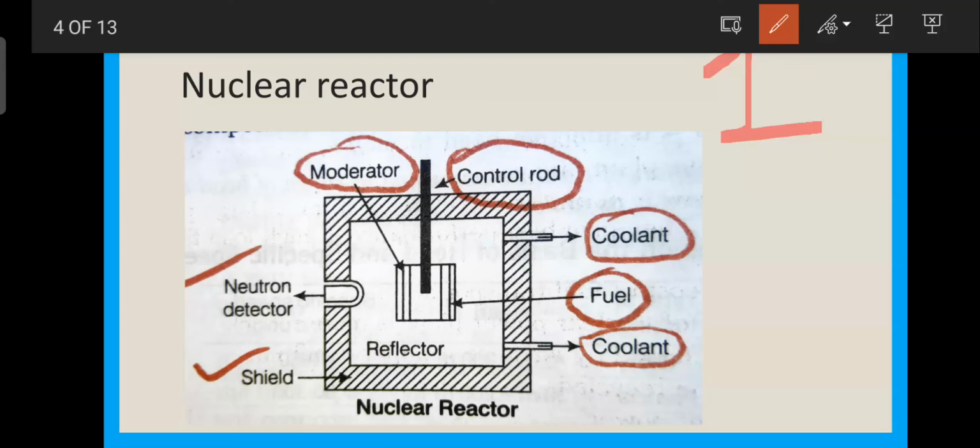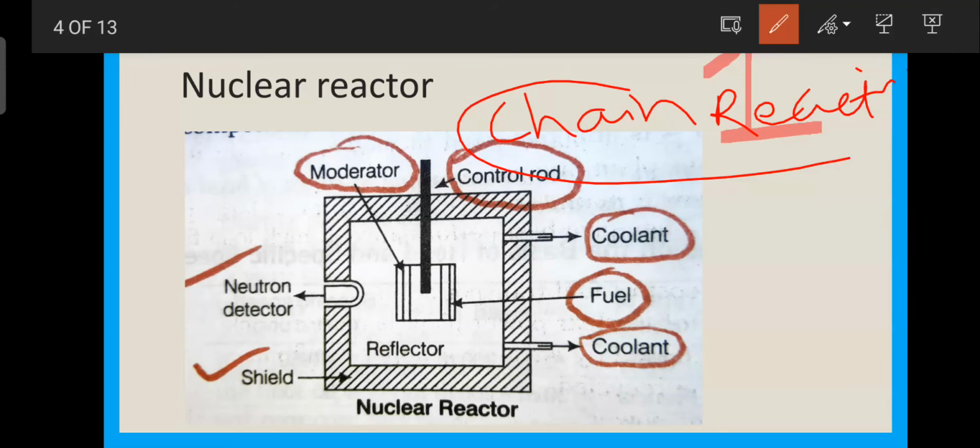Okay, let me write here: chain reaction. This cumulative reaction is called the chain reaction. Please be aware of this word. This chain reaction can only be controlled through removing fusion neutrons. By removing these fusion neutrons from this control rod or this fuel rod, we can slow down our chain reaction. The speed of the fusion can be controlled by changing the rate of removing fusion neutrons from the reactor.